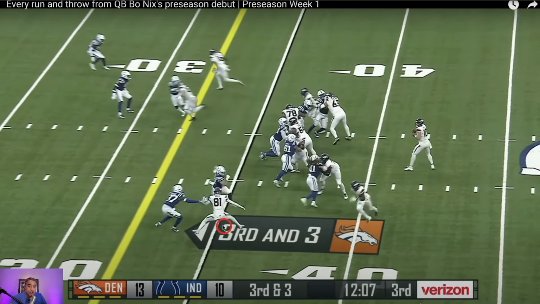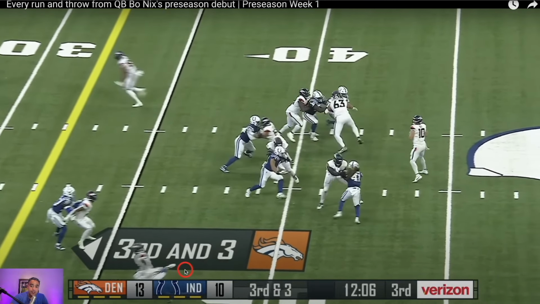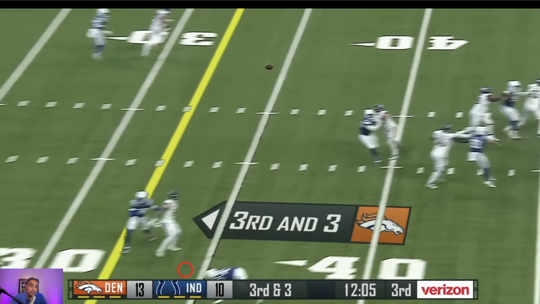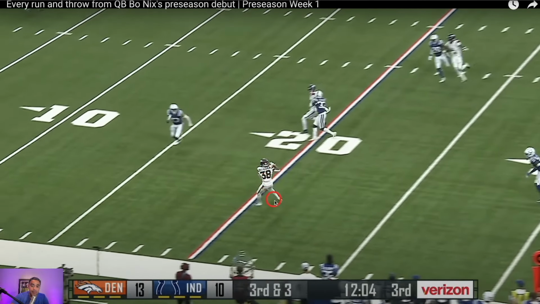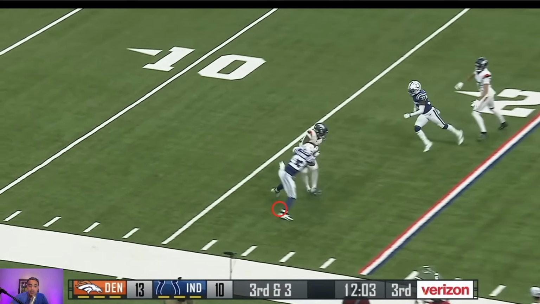This is as good as you're going to see. All right, so Bo Nix sees that linebacker fall down. He knows McLaughlin's fast as you know what, and he just has to loft this thing up, okay? Now, could you have placed that ball any better? Probably not. And you want Jaleel McLaughlin getting these touches